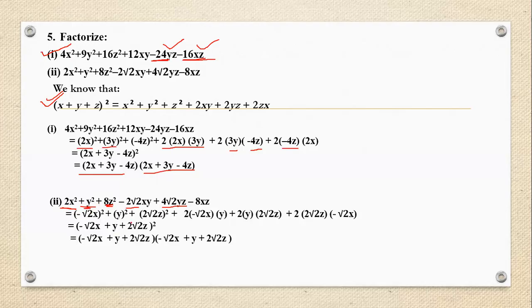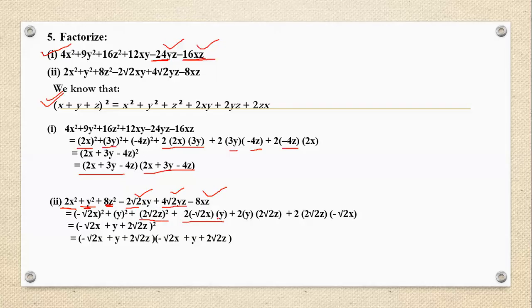So we have rearranged it according to the identity involved here. The first value will be minus root 2x square. Why minus root 2? Because root 2 is in the product of 2xy, 2yz and 2zx. Then we have y square, and 8z square is also rearranged as 2 root 2 z square. We have taken the rearrangement with roots because we have root values in the expanded form of the question. So this is what we have done, minus 2 root 2 xy rearranged as per the terms.